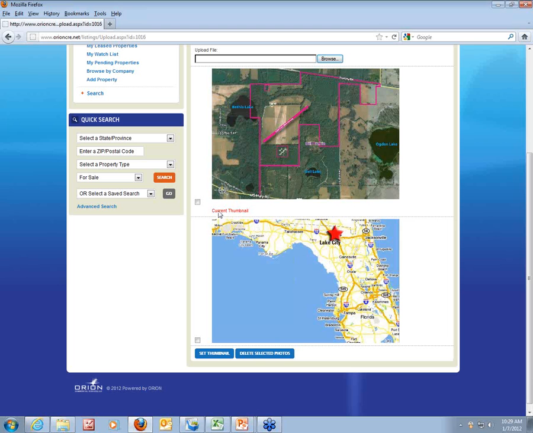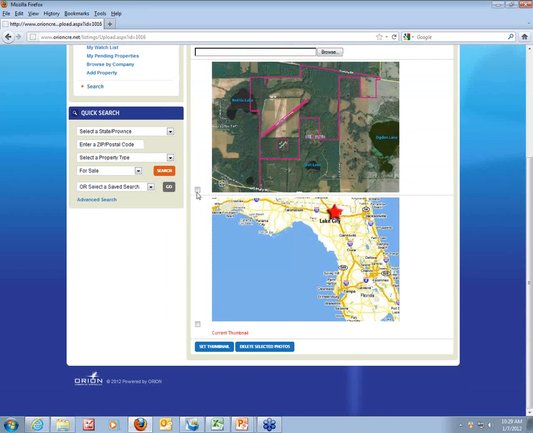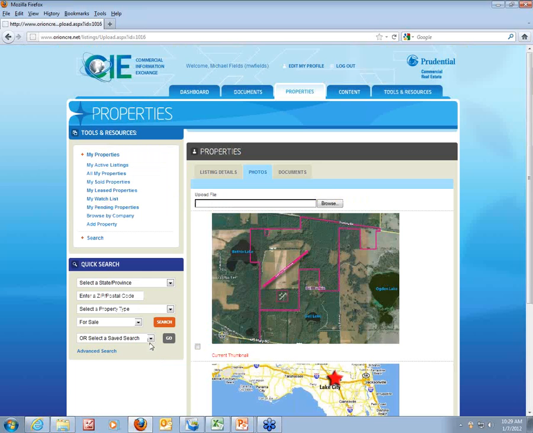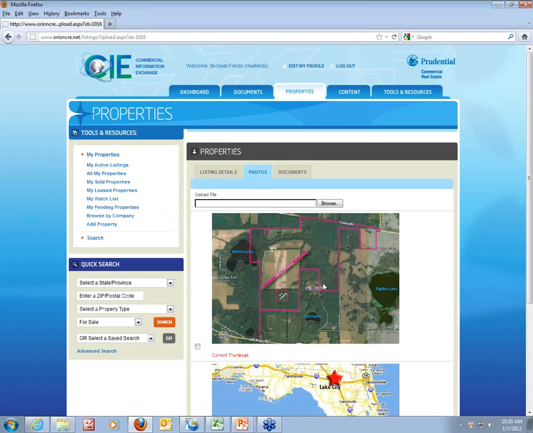You'll see here that this photo is my current thumbnail. If I wanted to designate this as my current thumbnail, I could just simply check it, and now that's my current thumbnail. If I want to set it back, I can do that. If I want to delete a picture, I can do that. And I can upload any number of pictures into here. They can be photographs, photo formats, or